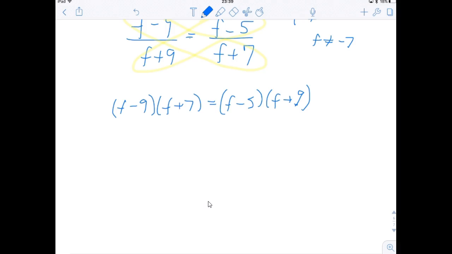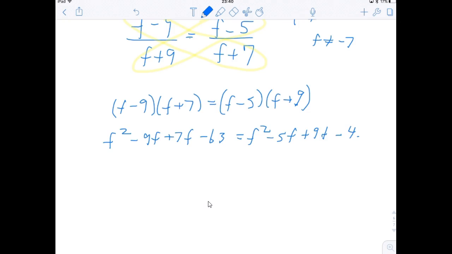We're going to get a quadratic maybe, okay? So let's do FOIL, and then we'll get f squared minus 9f plus 7f minus 63 equals f squared minus 5f plus 9f